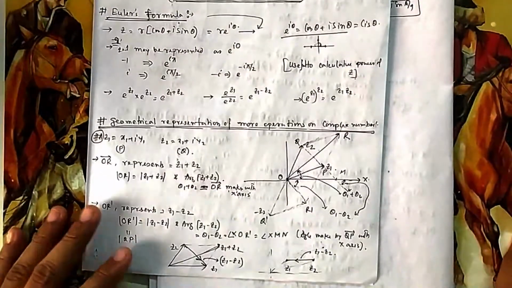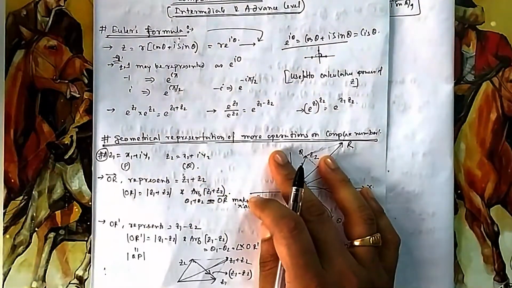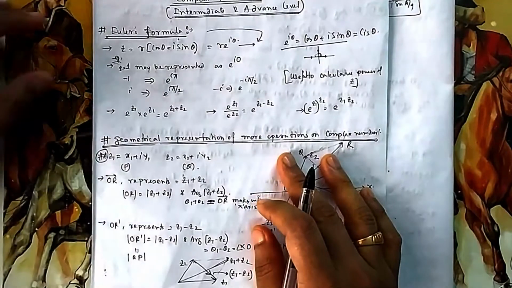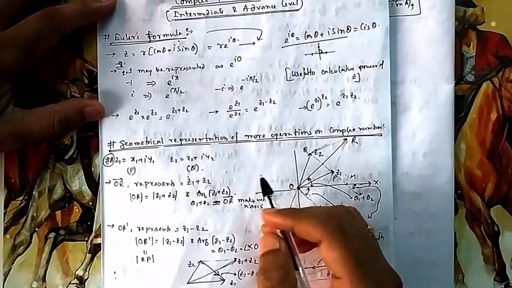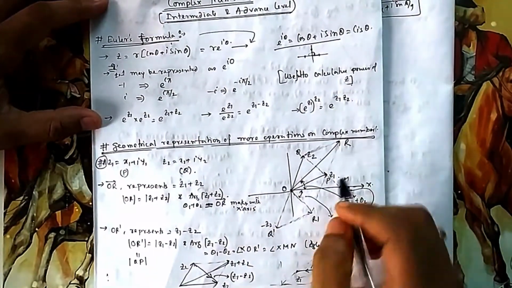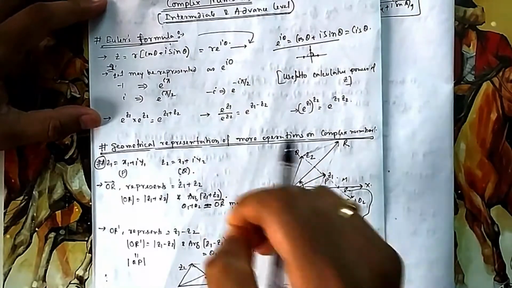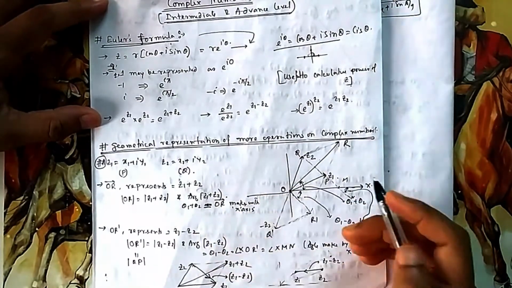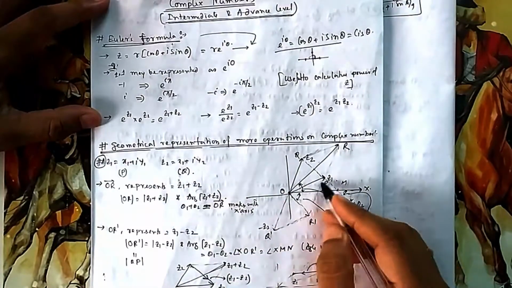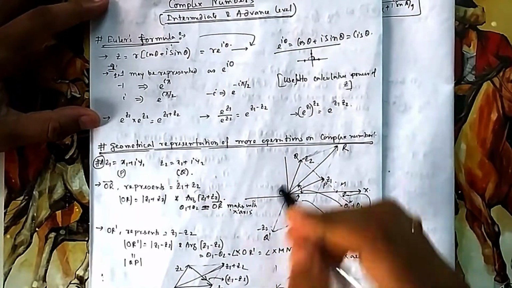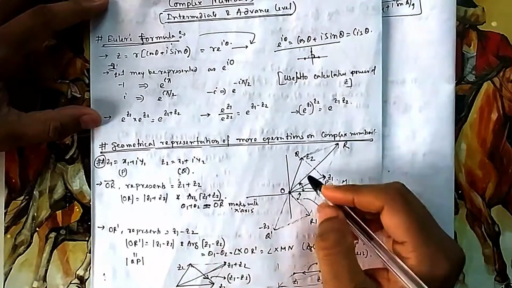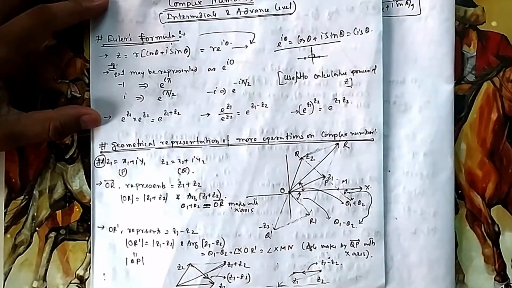Now we will extend our geometrical representation of complex numbers in more detail for advanced level or intermediate level. So let's start again with summation and subtraction. Let us understand it more clearly now. Suppose this is z1, this is z2. So I told you this will represent me. Again I am using vector sign because this has quite a resemblance with vectors also.